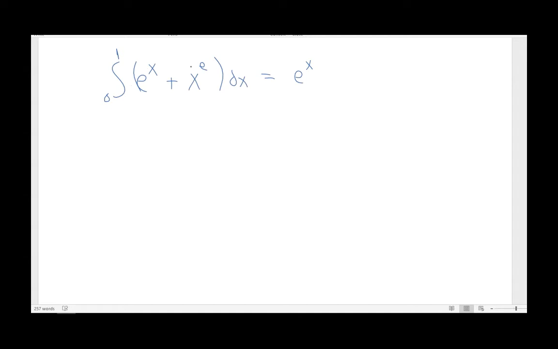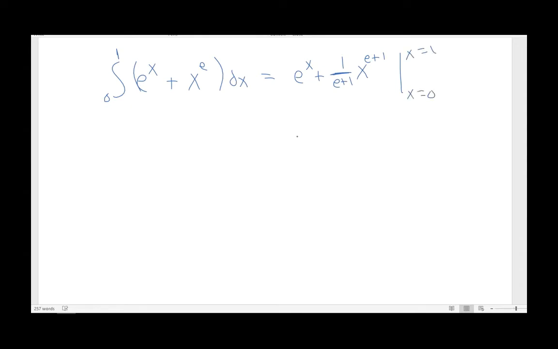If I take the antiderivative of x to a power, remember e is just a number. Right? e is 2.718 something something something. So this is x to a number. So its antiderivative is to add 1 to the number and then divide by that number, or multiply by its reciprocal. And again, why did I write a base of e? I apologize. The base is the variable x here. I have x to the power of e plus 1 over e plus 1, and x is going from 0